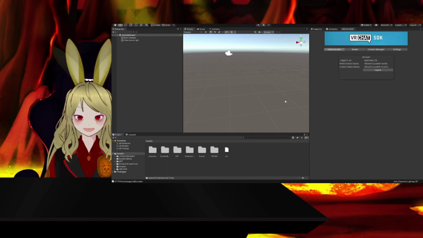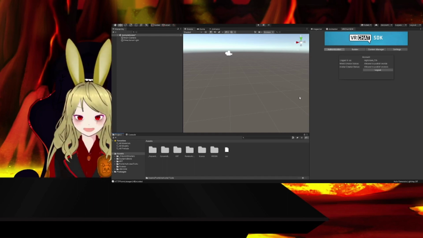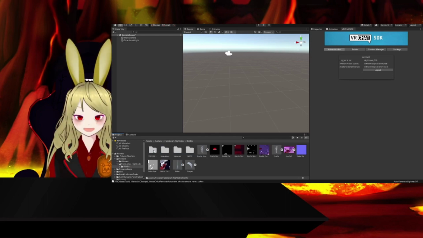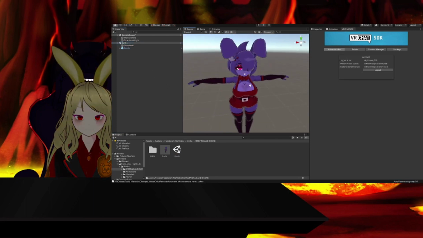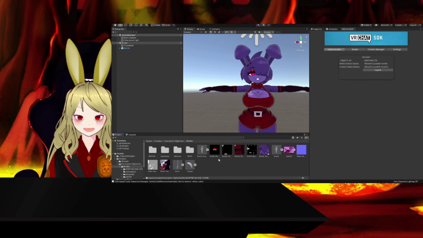But yeah, we're still waiting for this to import. It doesn't usually take this long to import this stuff. I'm sure it'll be done soon. There we go. Here we are, first class, and then we want the prefab. Here it is. Now we just need to put our textures into here,